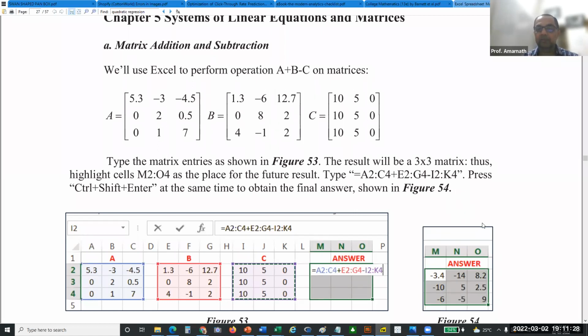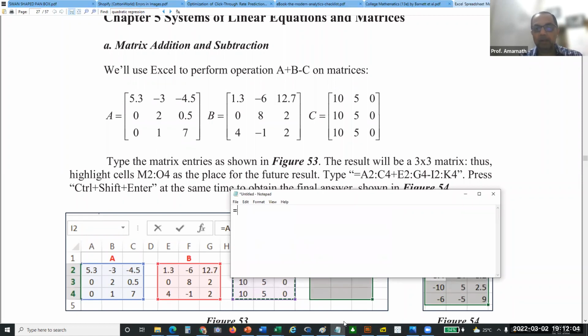I want to have an answer for this. What exactly do we need to do? We'll do an addition of these three matrices, and what it yields is what we want to get. I'll put it here. See how you have to put it. It's not so easy that you just add those things. You should be using a command, pressing together Control, Shift and Enter. First, it doesn't do a copy paste for me, which is problematic. So, equals A2